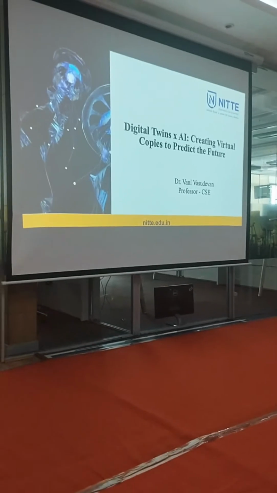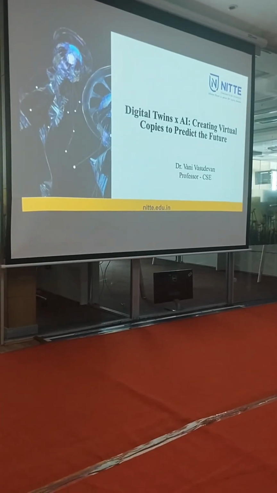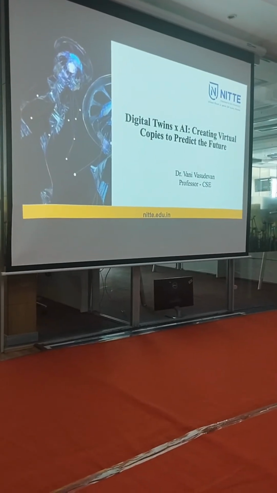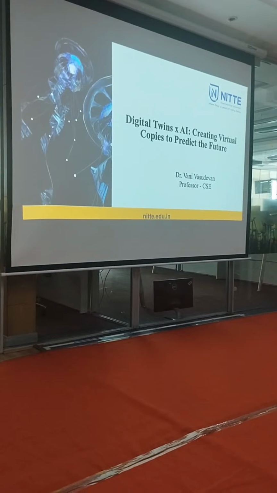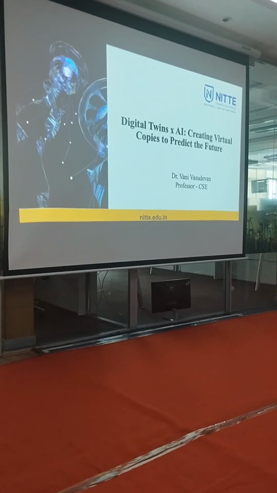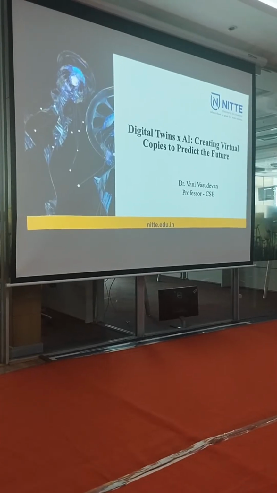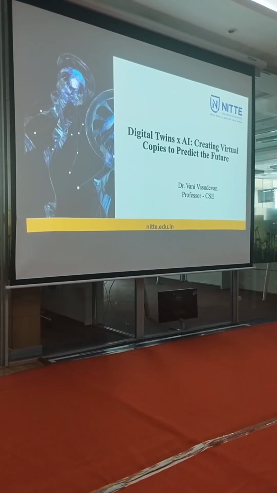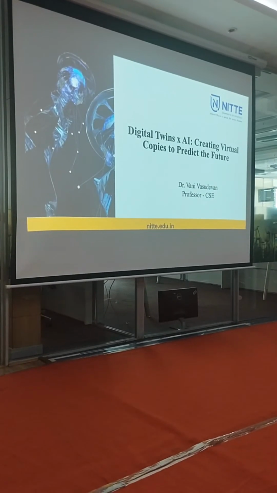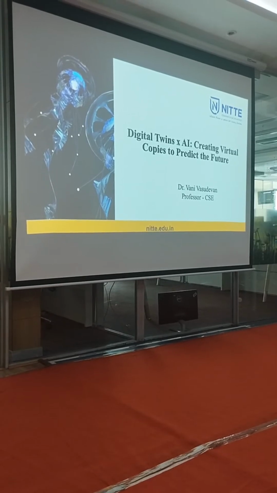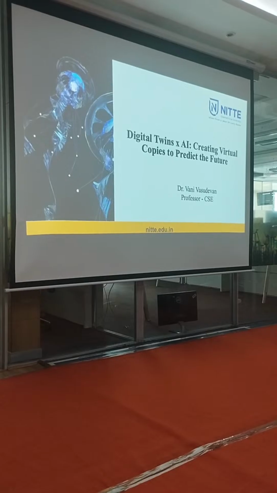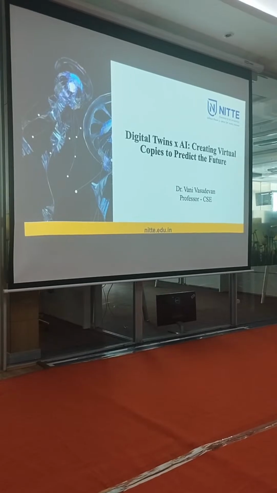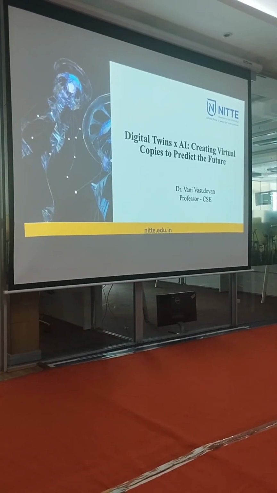So how can we use these two together to create virtual copies to predict the future, even of whatever is happening in Bangalore? Okay, with artificial intelligence enabled surveillance cameras installed, how can we get to know the traffic, and what improvements can people make? There should be infrastructure already available, and once you have the necessary infrastructure and skills, certainly we can go ahead and make Bangalore the choice for everyone. So that's what I feel.